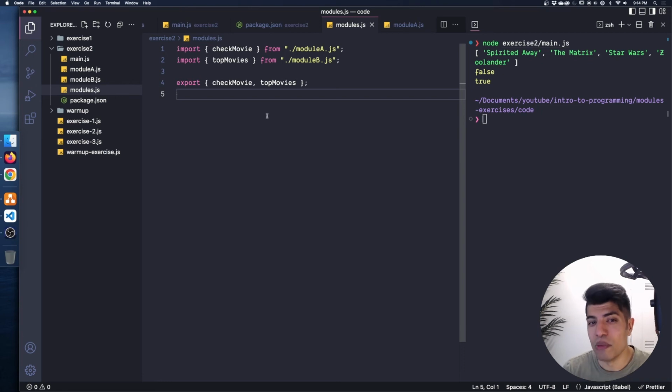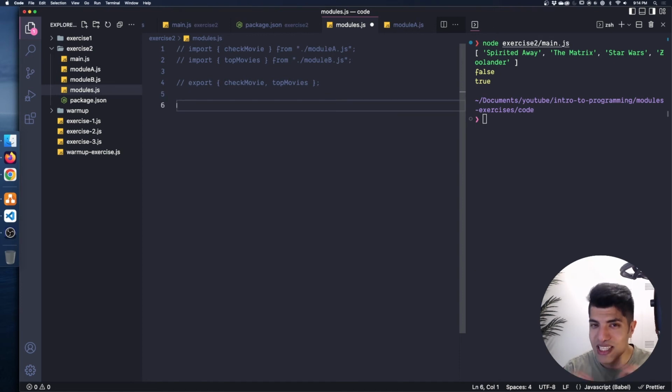Now, what's really cool about this is we can actually do this all in one line. So I'm actually going to comment out this code inside of modules.js. I want to show you something really neat. It's a bit of a bonus, but we're going to be using this so much that I really want to show it to you. So we can actually do this. We can say export, and I can do this again, and then I can say from. Very similar to how we did import something from, right? And here I can say from